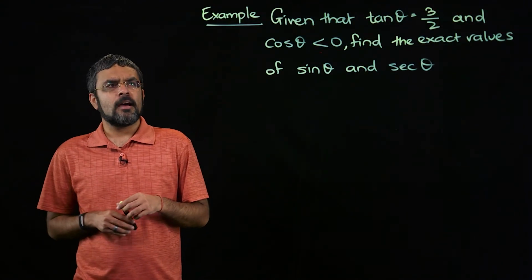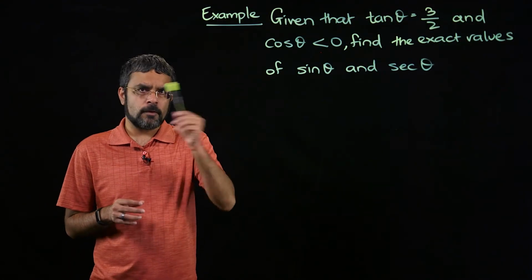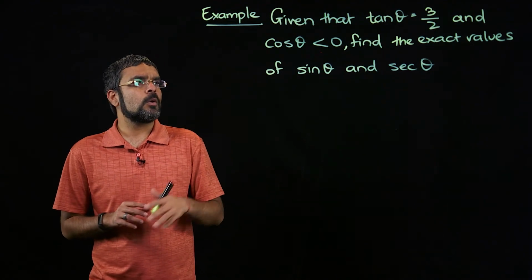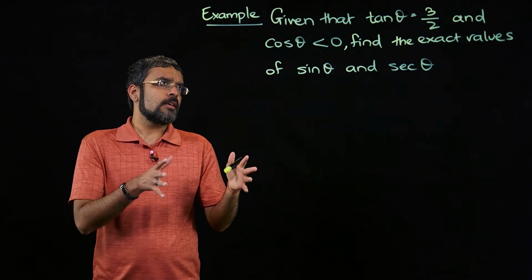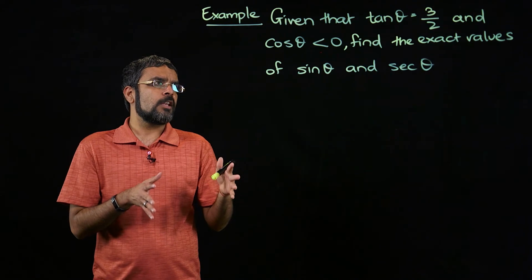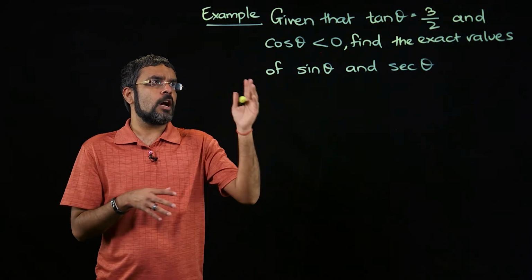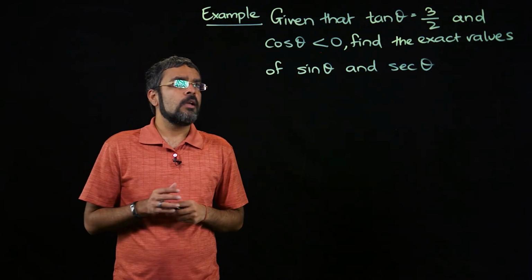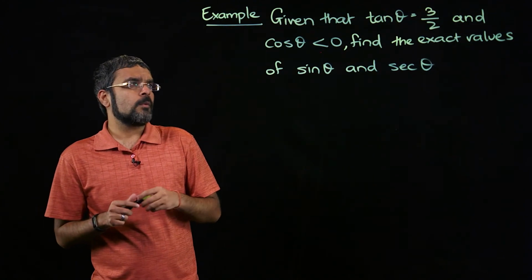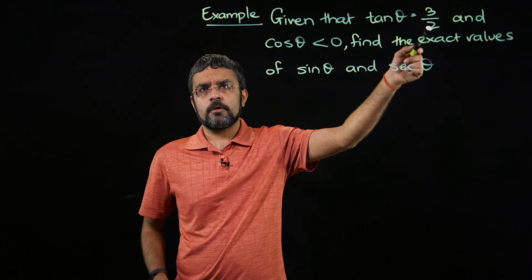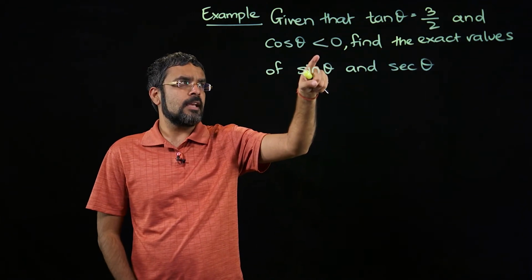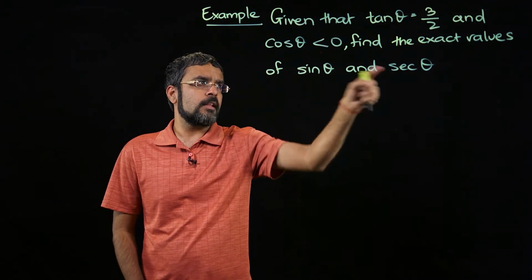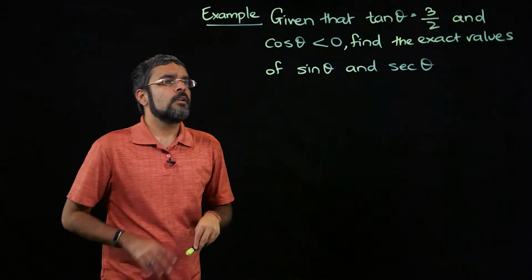So we looked at the signs of trig functions in different quadrants. What we're going to do now is we're going to look at the signs, and we're going to figure out what are the values of other trig functions, given that tan theta is 3 over 2. Okay, so read this question carefully. We're given that tan theta is positive 3 over 2, cosine theta is negative, and we're going to find the values of sine theta and secant theta. Okay, so,